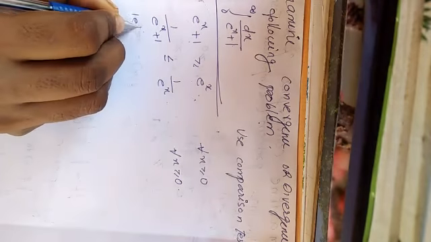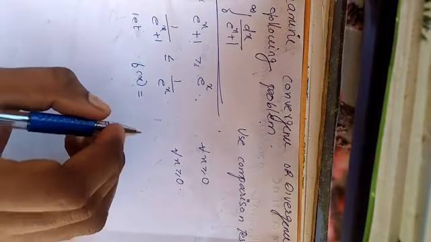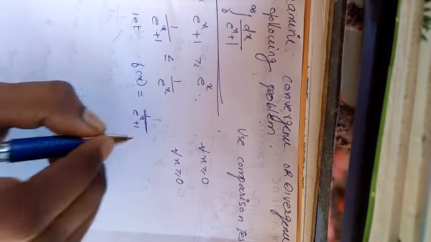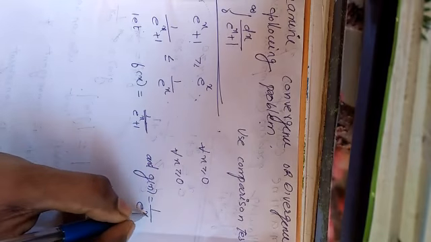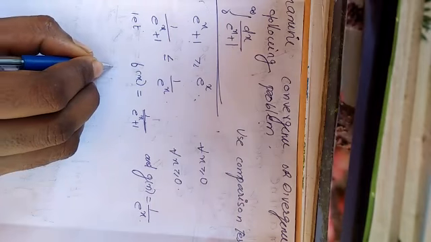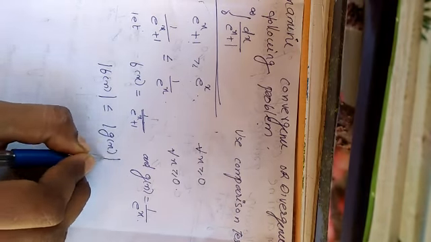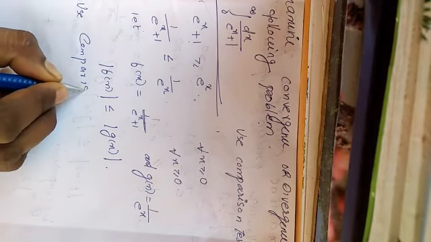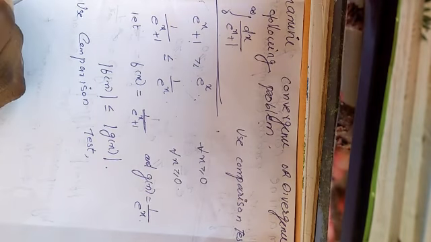So we take f of x equal to 1 by e raised to x plus 1, and g of x equal to 1 by e raised to x. Here we get mod f of x less than or equal to mod g of x. So by using the comparison test, we can say